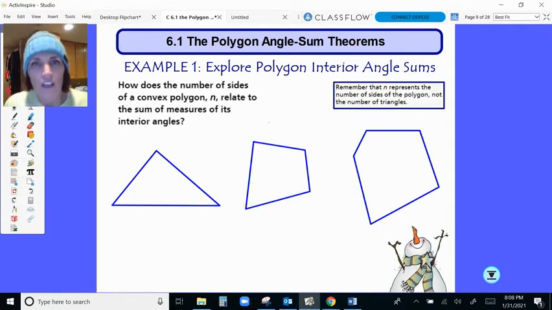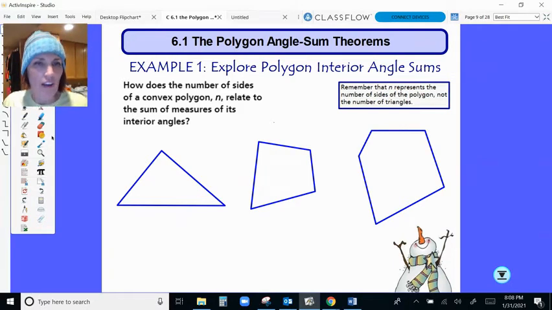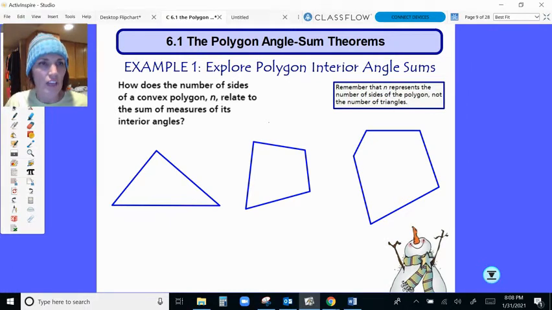Okay. So now we're going to get into interior sums of angles, right? So right now, if I were to take this triangle, you all should know that the sum of the angles in a triangle is 180 degrees, right? And there's 3 sides